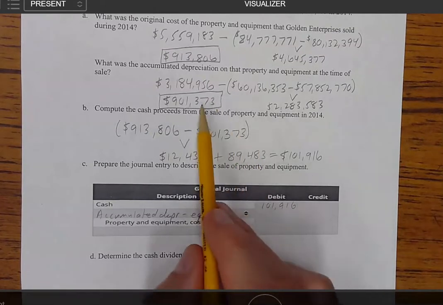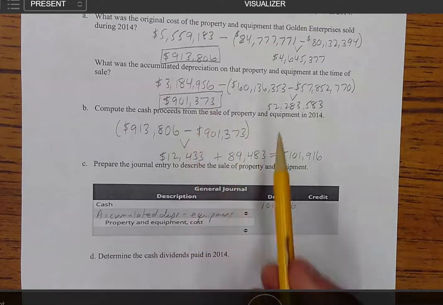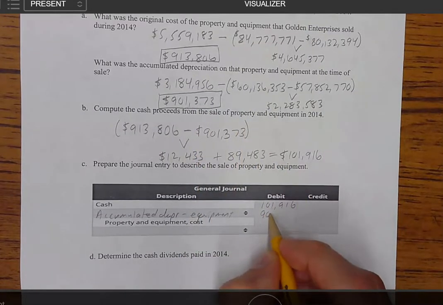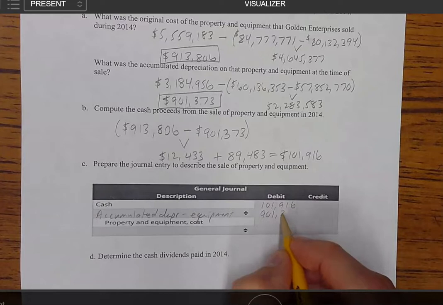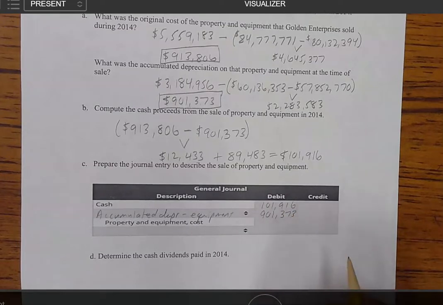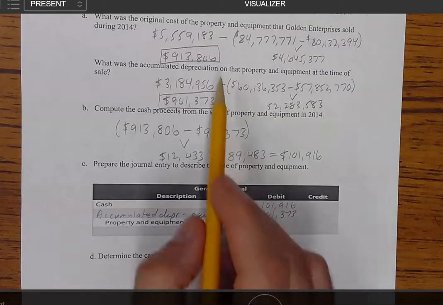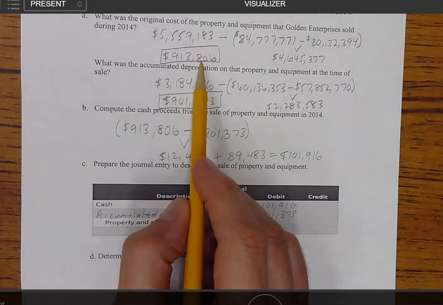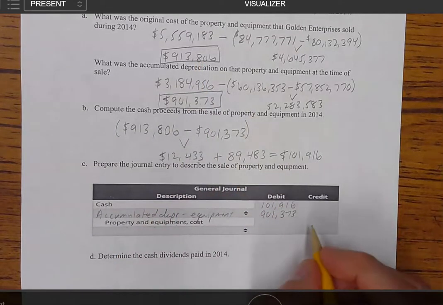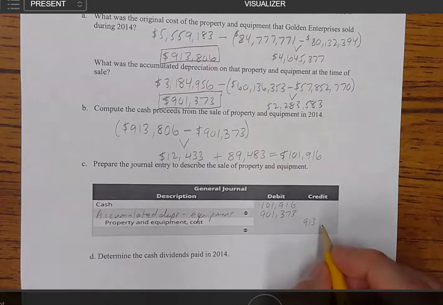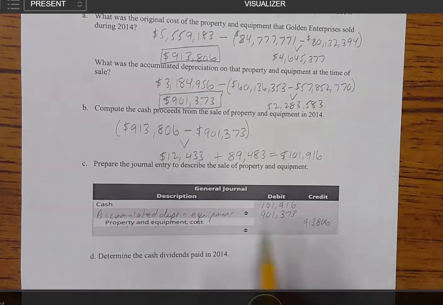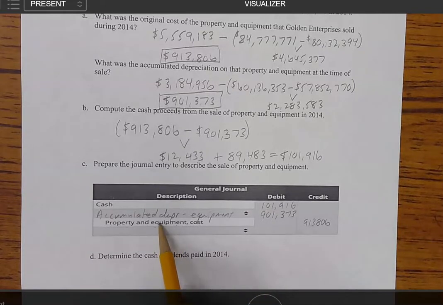So again, this balance was 901,373, but we have to back that out because we no longer have the asset. Okay. Property and equipment cost. We calculated this previously as 913,806, and do notice that I am crediting this. We have an asset that has gone down, the equipment, and we do that with a credit